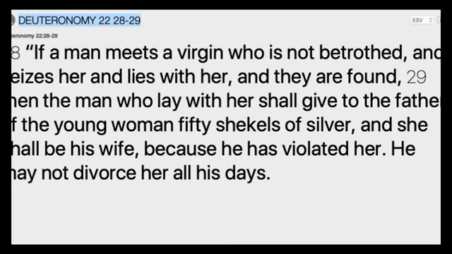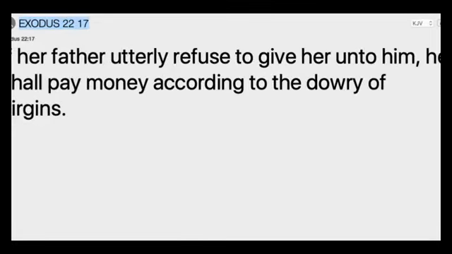You're going to be taken up to the chief of the neighborhood, and the parents are going to want to confront you. You're going to be paying for the blood that has been shed. And if her parents don't want you to be with her anymore, you're still going to pay for it. Either way, you're going to have to pay for the blood. And this is happening in Africa. This is in the Bible. We never knew this.